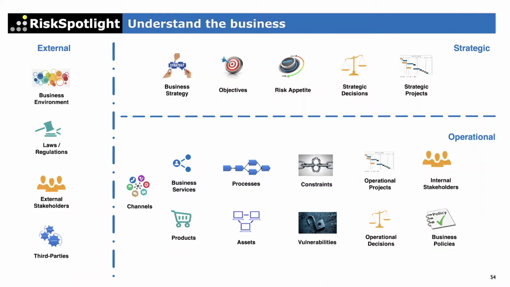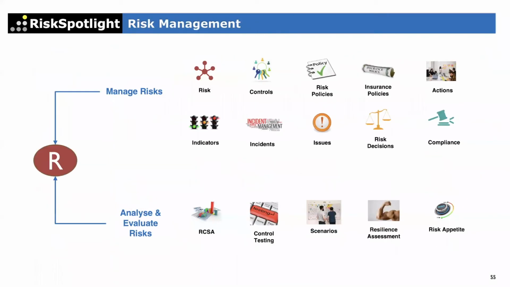But what does the second line want the first line to do? So this is then the risk management aspects, where from a risk management perspective, second line wants the first line to manage the risks, manage the controls, the policies, the actions, the indicators, incidents. So this is what then the second line is focused on. But second line can only define the framework around these topics. Second line cannot manage risk. Second line cannot manage those controls. So everything which needs to be done on this topic needs to be done in the first line.